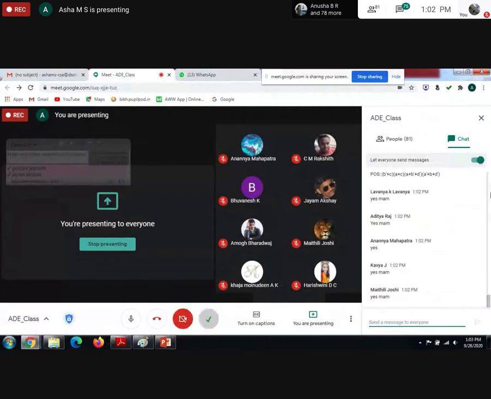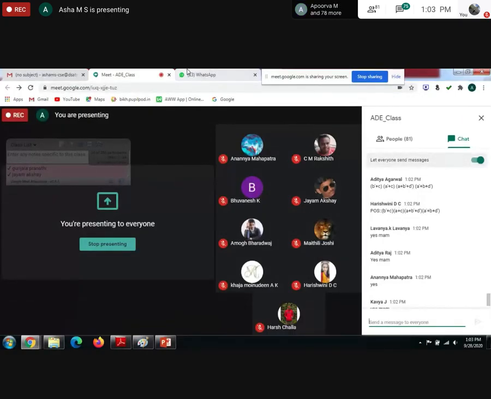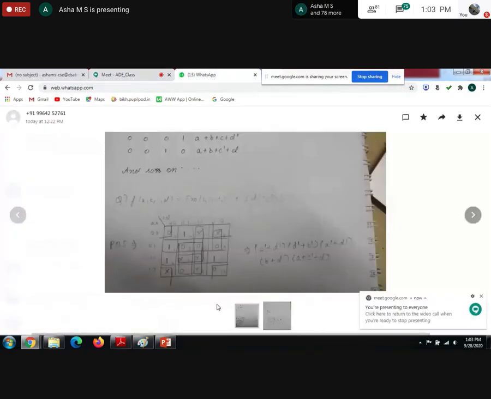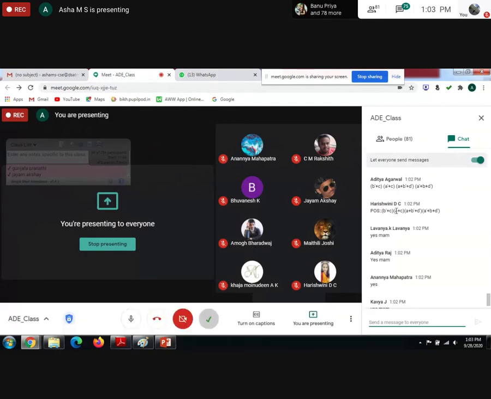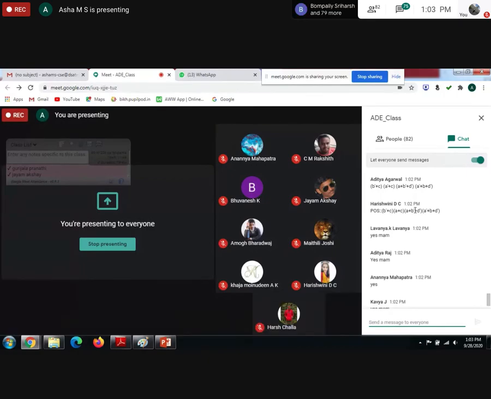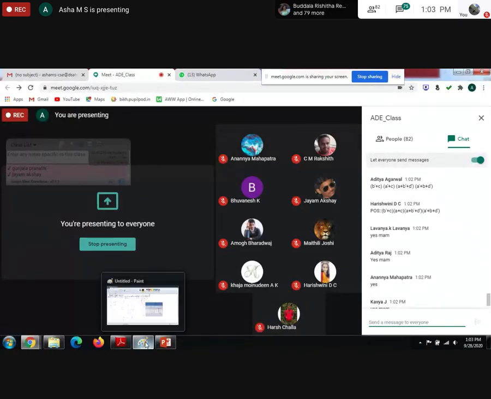I'll call your name. Rishwini gave the answer B bar C. Rishwini, it's better to send a pic because I don't know how you grouped. The grouping is like mine only. Aditya gave A bar plus C. You sent A plus C. Let me check. With quad, right?